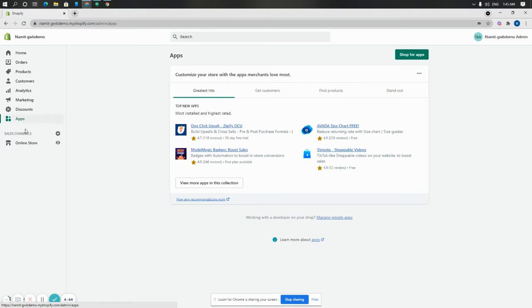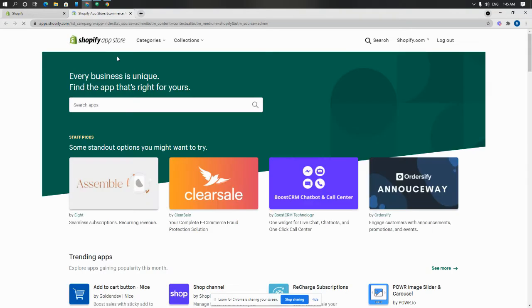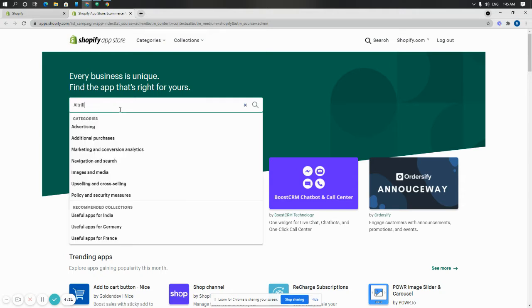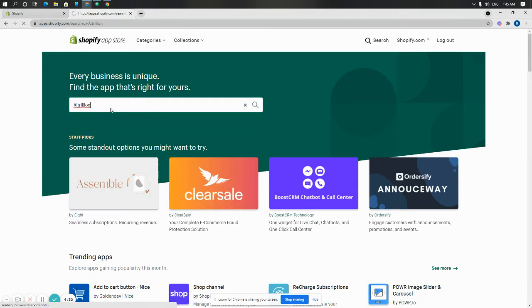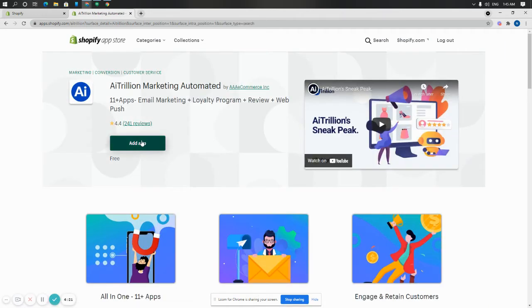Click on Apps. In Apps, click on Shop for Apps and search for AiTrillion Marketing Automated in the Search Apps section. So I'll search for AiTrillion. Once I see the AiTrillion app, which is by AAA E-commerce Inc., I'll click on that and I'll click on